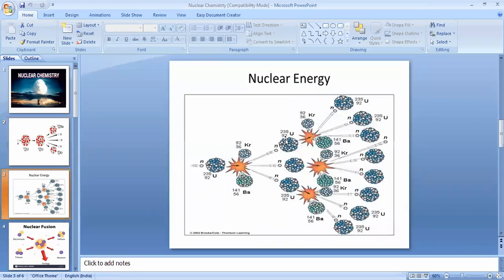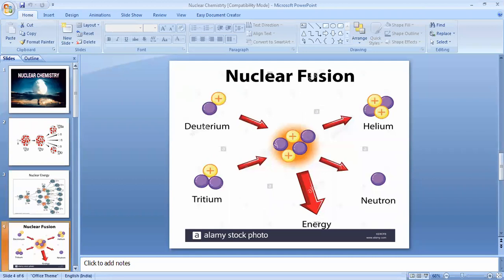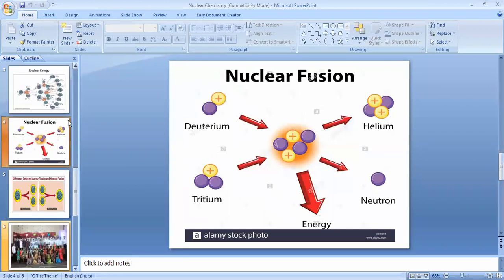Here I have shown the uncontrolled chain reaction, because these are the secondary neutrons. Those are bombarded with another atom of uranium, which can form krypton and barium and can produce 3 neutrons. Similarly, this neutron can produce krypton and barium, and this third neutron again forms krypton and barium nuclei, and this reaction continues. This is not that one. I will take it after some time.